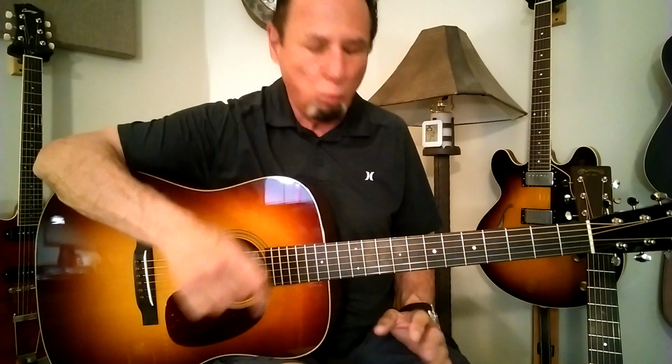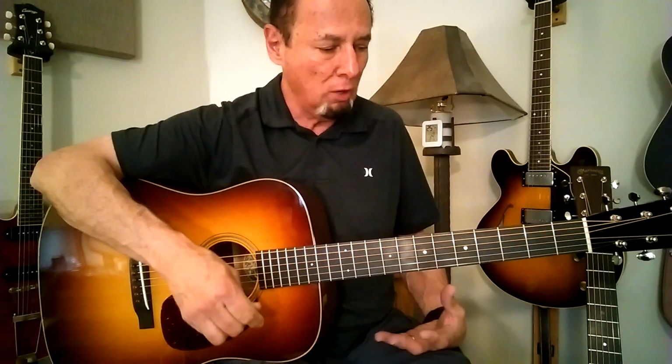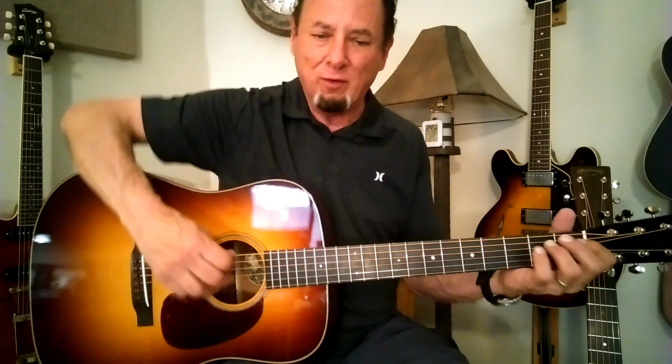Okay, a friend of mine asked me to comment as I go along because I'm hearing some different things. I hear a little bit more of a percussive and pronounced mid-range on the Collings, which is wonderful for cutting in a mix. I use this guitar in a duo with another acoustic guitarist, and actually both the D18 and this guitar, they just cut it, they blend so well. When I go to that low E string on this,